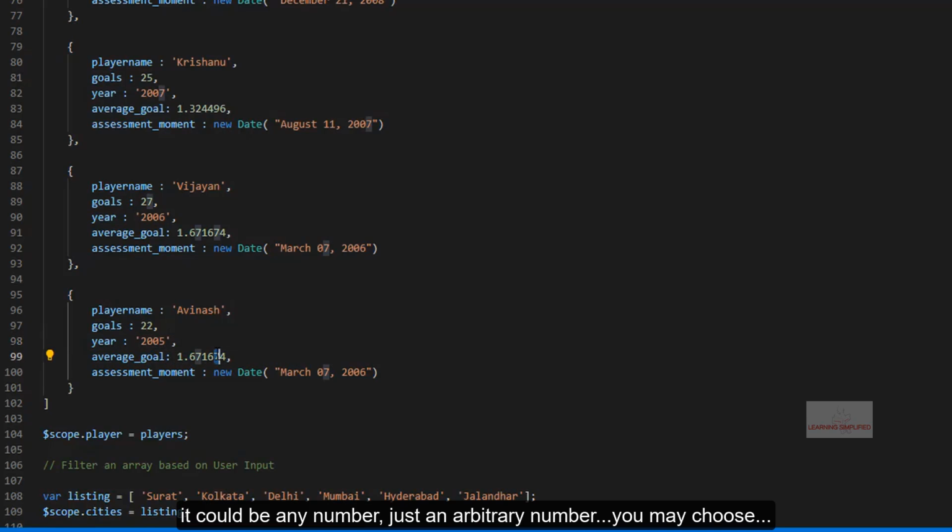It could be any number, just an arbitrary number. You may choose something different, but right now I'll be using this one. The assessment moment, new date, March 07. Alright, no harm comes from it, so we won't be changing it.